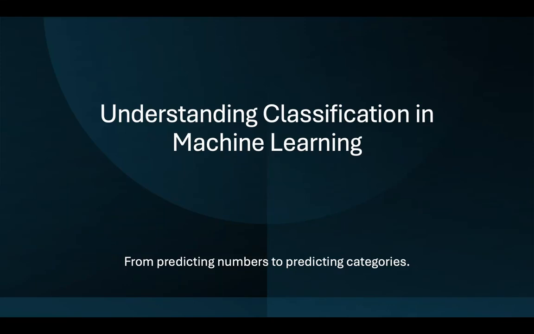Welcome to this lesson on linear classification. In this course, we're going to break down one of the most fundamental ideas in machine learning. Linear classification is a simple and powerful method that teaches a model to separate data into categories using a straight decision boundary. You'll see how it works, why it's useful, and where it fits in the broader landscape of machine